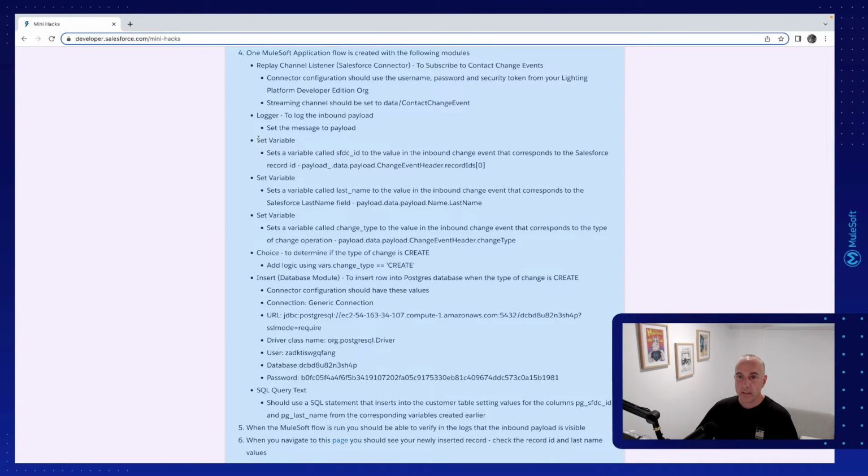Then it's asking me to set 3 variables. One needs to be called SFDC_ID, which is going to correspond to the Salesforce record ID. One called last name, which should correspond to the last name in the payload because it's the contact object, and one for change_type. And it's giving me the values to use. So I'm going to copy this first one,